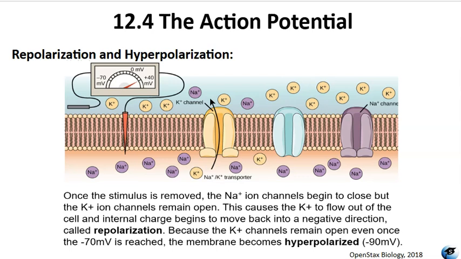After the action potential peaks, sodium channels close and potassium channels open, allowing potassium to exit the cell. This outflow of positive ions repolarizes the membrane, restoring a negative internal charge. The membrane may temporarily become more negative than its resting state, resulting in hyperpolarization, which is usually around negative 90 millivolts. And during this refractory period, the neuron cannot generate another action potential until the sodium-potassium pump restores the original